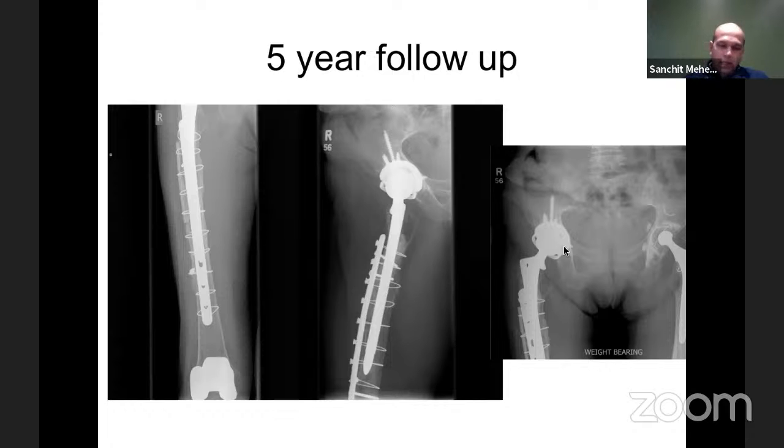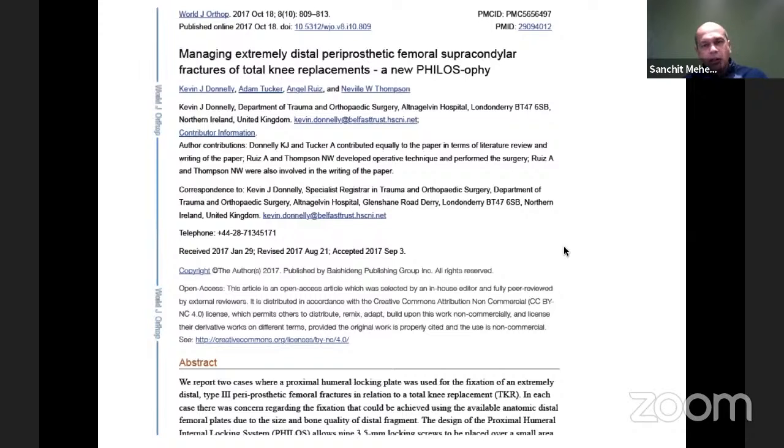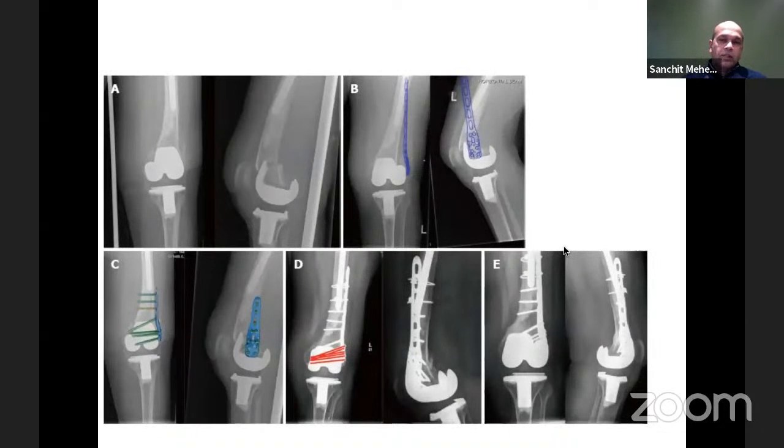So, with the whole adage about getting it right first time, try and do the first operation well, and that will stand you in good stead. Just as an aside, in distal Vancouver type C fractures, there was a publication I found interesting, where somebody used the Pelvic plate for distal femoral fractures, the Vancouver type C fractures. They thought that it gives a configuration of about 8 to 9 screws that they can put around it. In my view, it's not robust enough, but certainly they seem to have got union in those fractures.